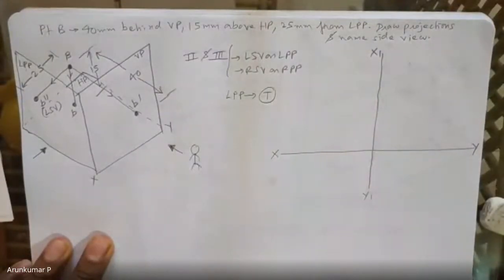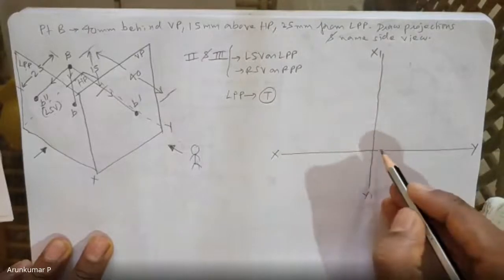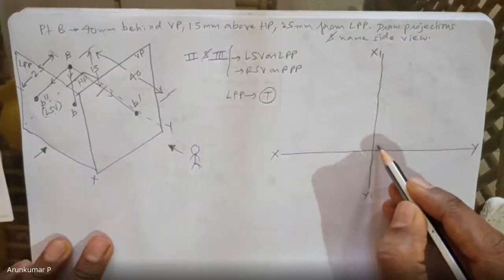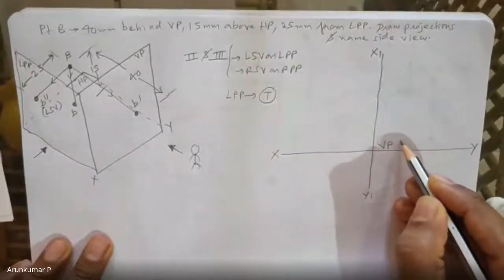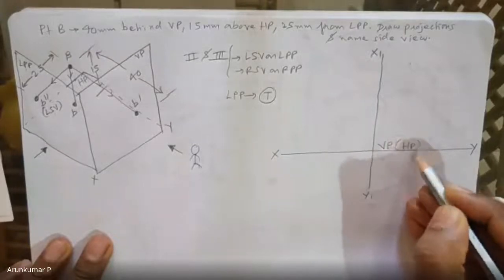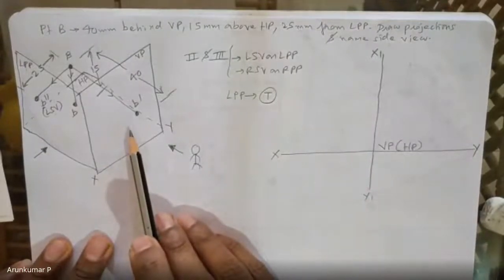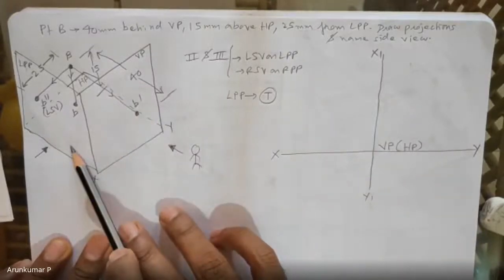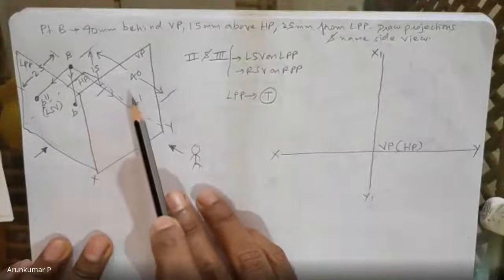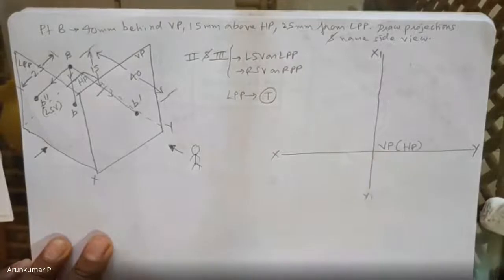Now, since we are dealing with the left profile plane, this left area you should leave vacant. We know that VP and HP will come on the right side. So it's the second quadrant. VP and HP both are together, and VP will be covering HP. Remember the procedure to convert 3D to 2D: keep vertical plane fixed, rotate the horizontal plane. So HP will come from behind and join VP. That is why this arrangement: VP into bracket HP above XY line.